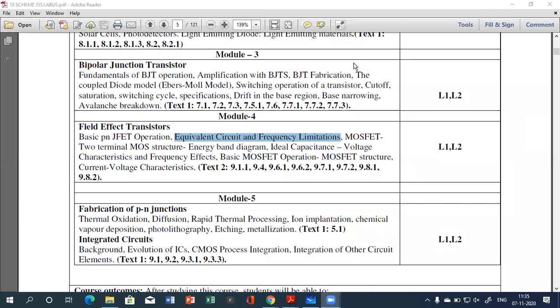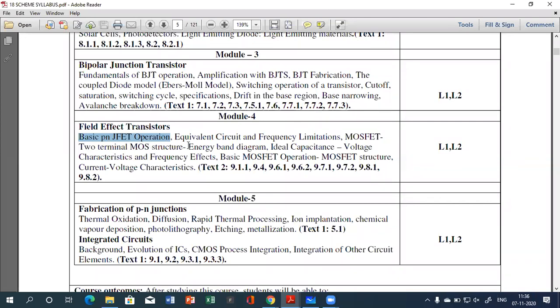Okay, fine. Now, in the previous class, we discussed the basics of N and P channel JFET operation, right? In that we discussed N channel JFET and P channel JFET, the construction of JFET, and then the operation, including the conditions required to operate N channel and P channel JFET. That was the construction and operation part.